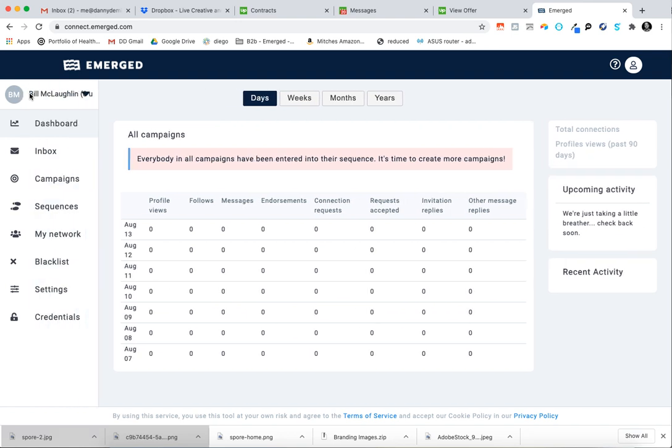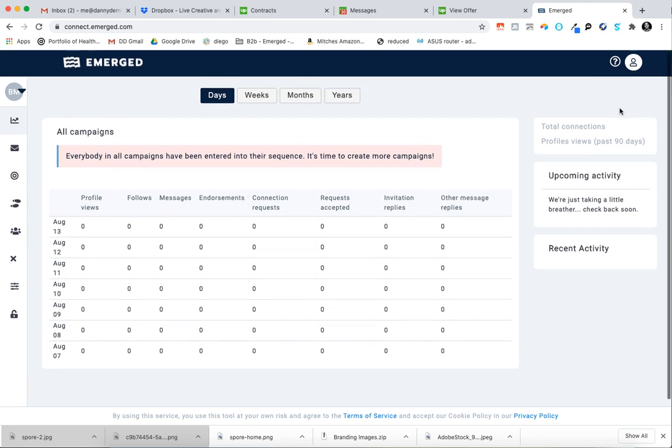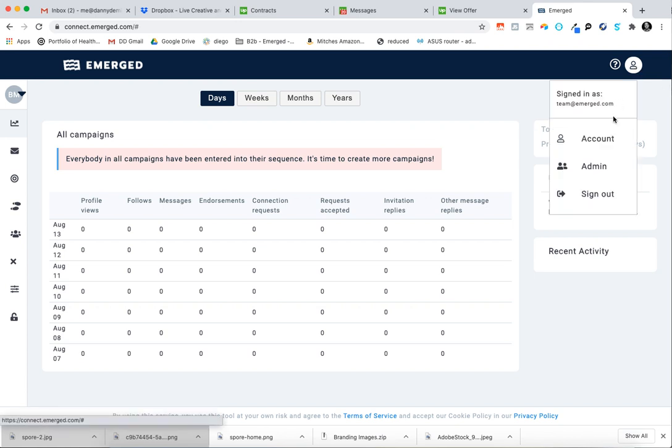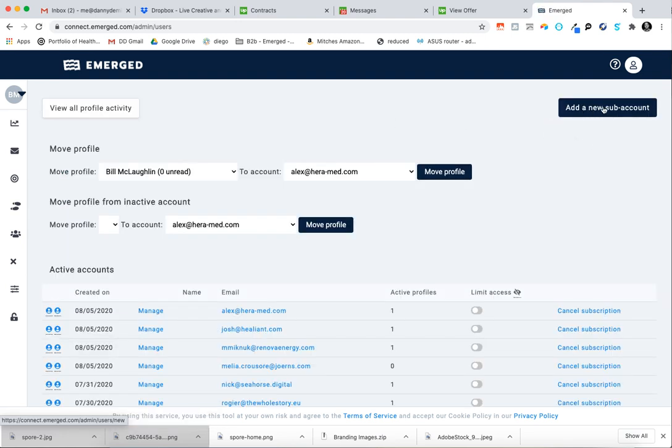Okay. So if I'm in here, there are a couple things. One is getting people added to this account. So we have a new self-serve where clients can log in with their username and password on their own, so they don't have to give it to you or anything. I'm not sure if you were aware of that, but if you go to the admin section, you literally just add a new sub account,